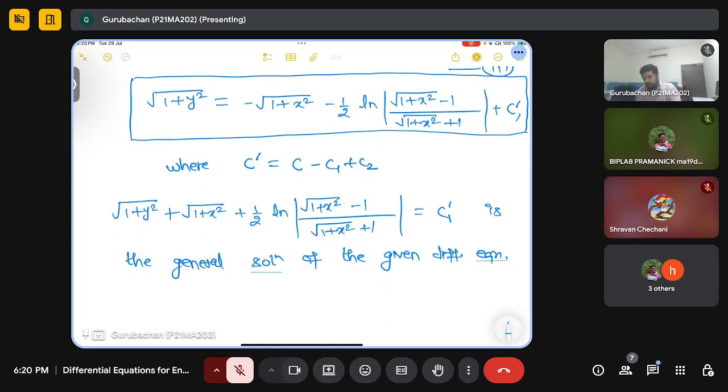Now, for which values of x? For all x except